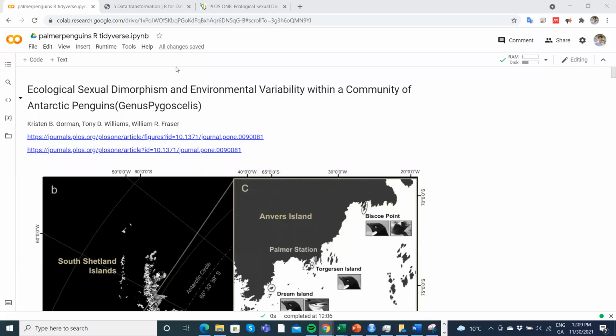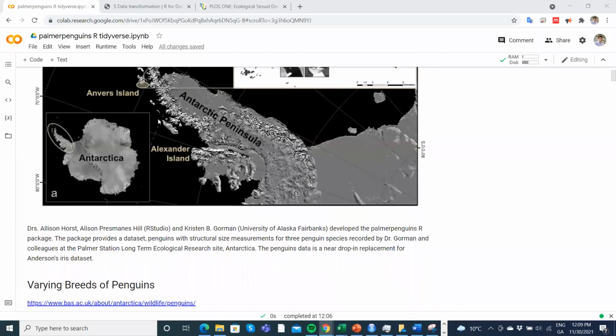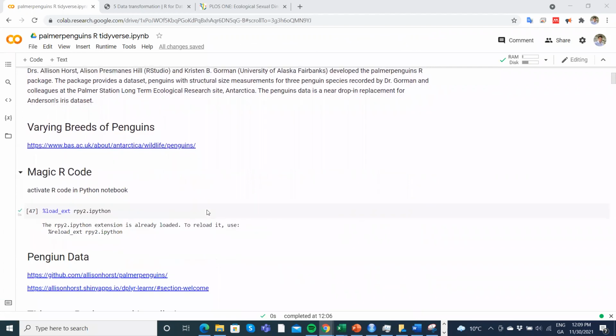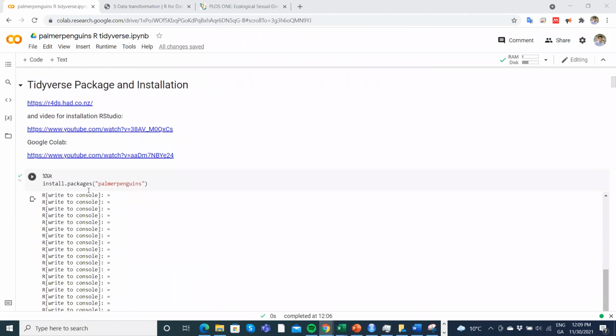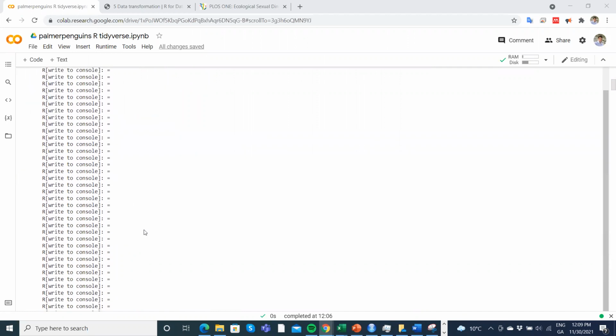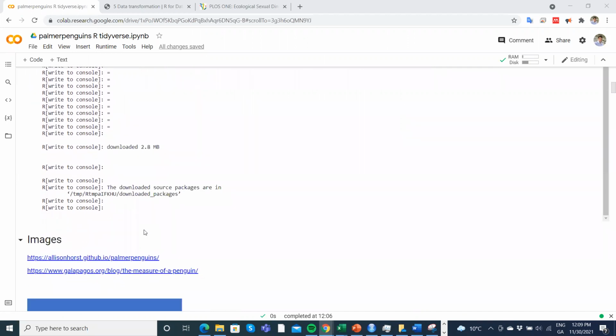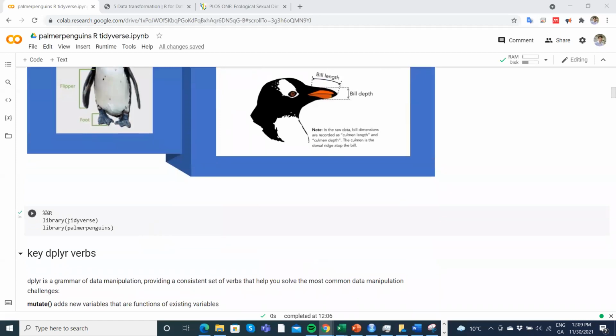Okay, so in this video clip, we're going to take a look at the palmerpenguins R package, which makes available a very interesting data set in R. We're going to set that up and run it in Google Colab. And then we're going to install our tidyverse, and install, of course, the palmerpenguins package, making the tidyverse suite of commands available in this Google Colab,